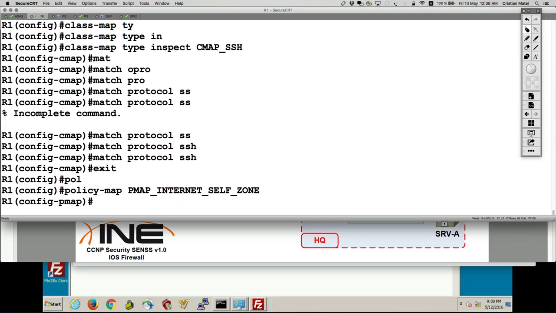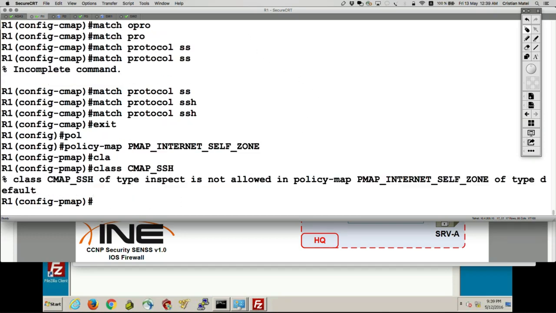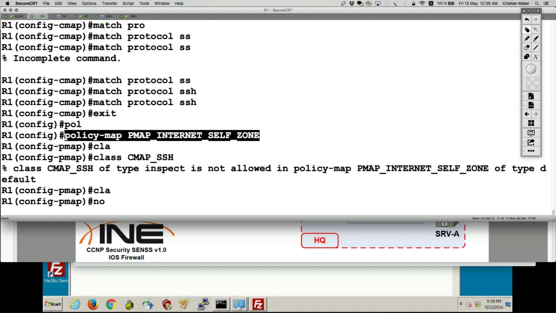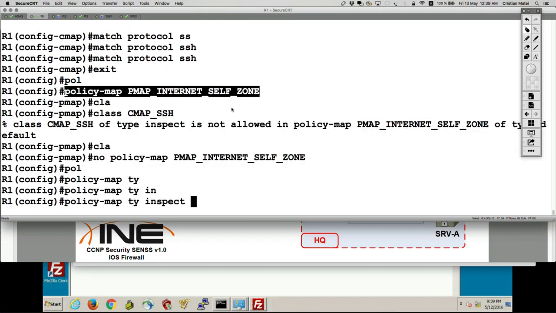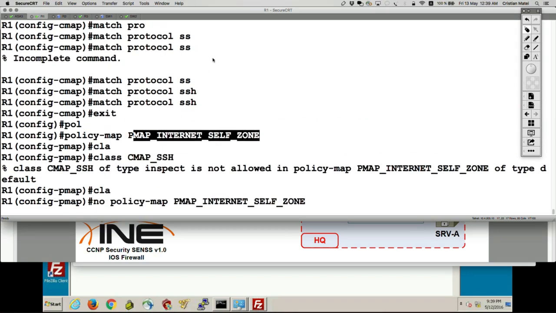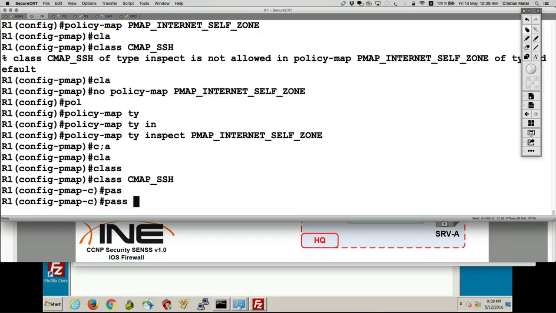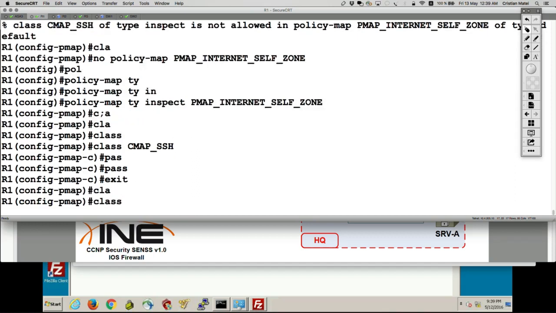Of course, let's make it a policy map type inspect, and then class type inspect cmap SSH, and then let's say pass. And everything else is going to match on the class default, which is there.